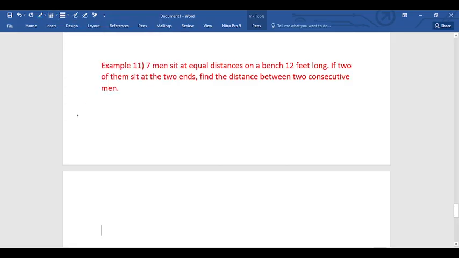Okay, so there is a bench which is 12 feet long. So this is actually, let it be a straight line. So this is actually 12 feet. Now 7 men are sitting. Let us name them A, B, C, D,